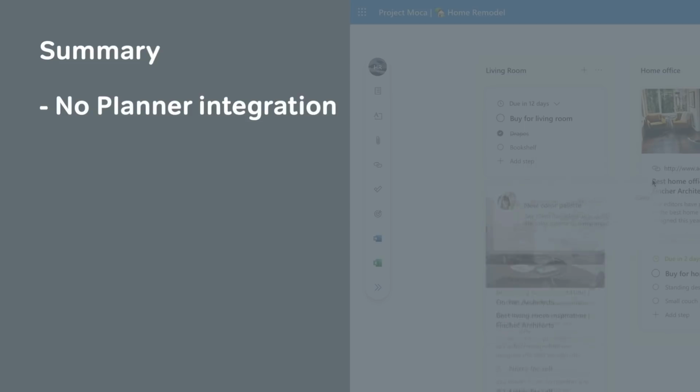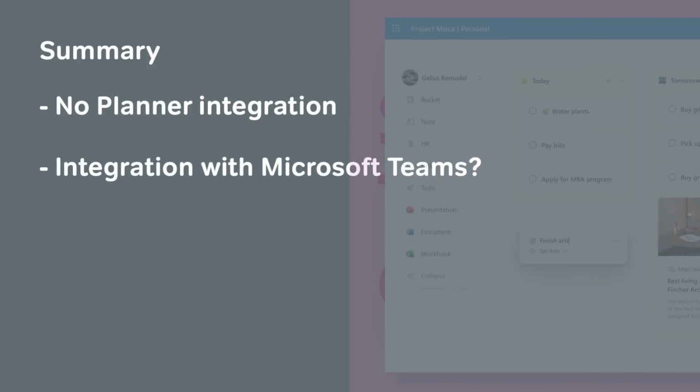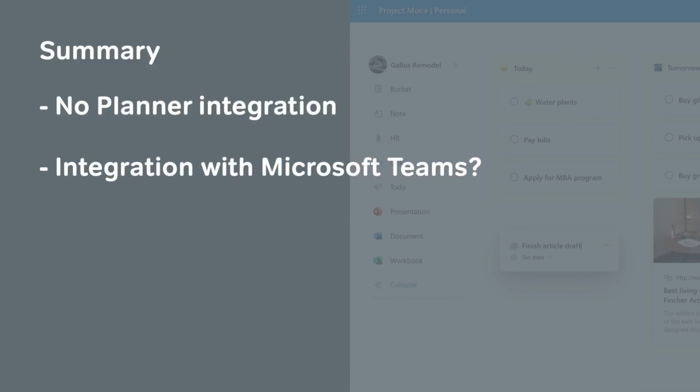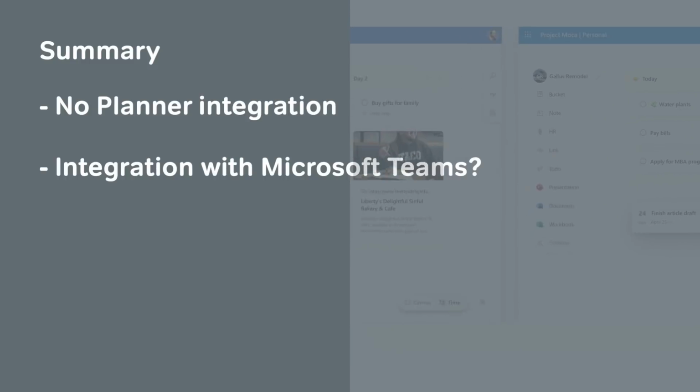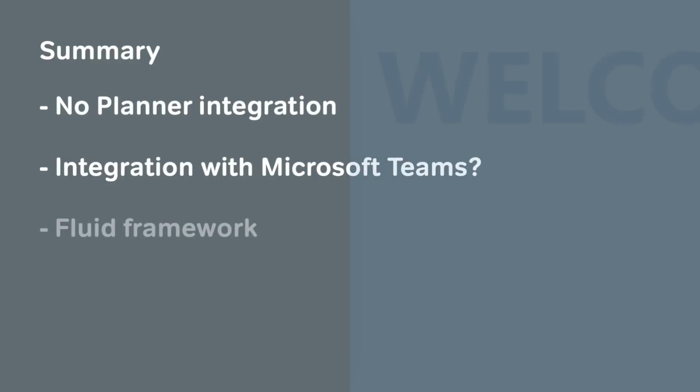We can see a little integration to SharePoint, which allows us to add files from groups we're a member of. But where Teams is going to fit into this, I really don't know. There's obviously a lot of overlap with the Tasks app for Teams, so it'll be interesting to see whether Mocha overlaps or complements that. Also, this might be an example of what to expect from apps based on the new Fluid framework, where you can add items from different apps like we've seen here with To-Do tasks and sticky notes into a space, update them in the spaces, and have them update everywhere else they are.